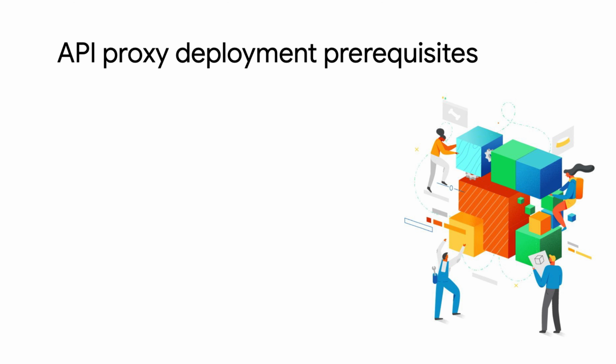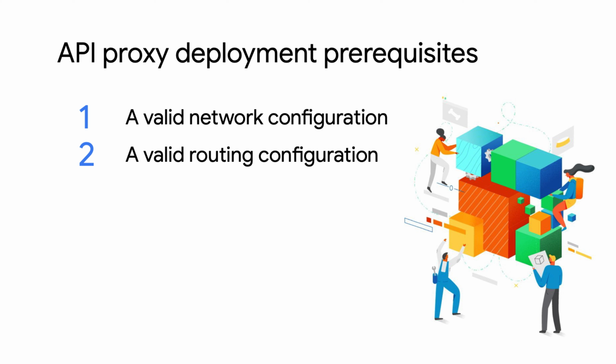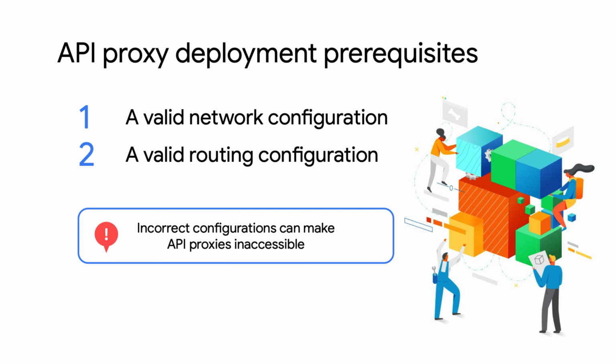proxy deployment. Before you deploy your API proxy, you need to complete a set of prerequisites correctly. Networking and routing configurations are two of the key prerequisites for API proxy deployment. A key point to note, if the configurations are not defined correctly, then your API proxies may not be accessible. In this video, we will learn the Apigee X networking architecture and demonstrate how to verify the networking configuration of